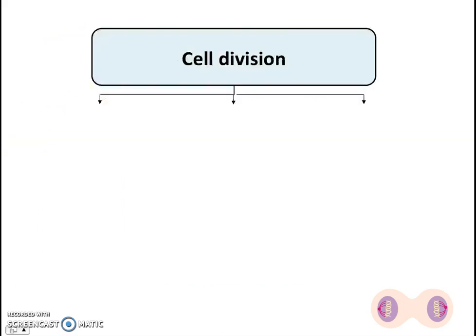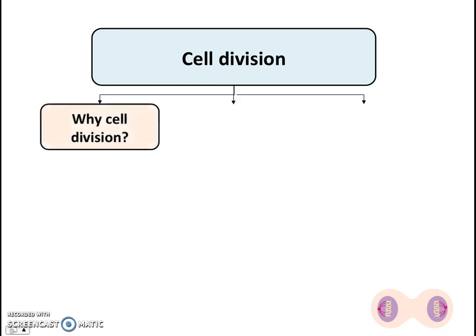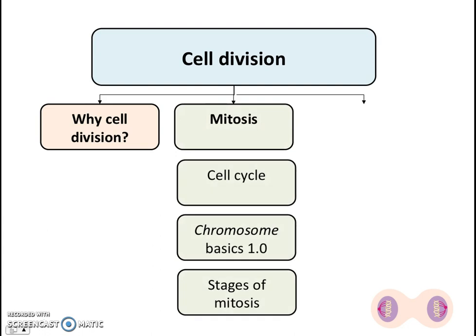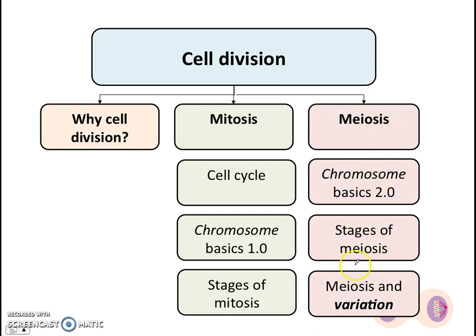Right, so first a big picture of the topic. In this video, we're just going to explore the question of why cell division is important, both mitosis and meiosis. And then in the next few videos, we'll look at the process of mitosis, the stages in mitosis. And then after that, we'll look at meiosis, and everything that comes under meiosis, including the stages of meiosis. Alright, so don't worry about it. Hang on tight. We're going to go through it one step at a time. So for this video, we're just going to start off by asking the question, why is cell division important?